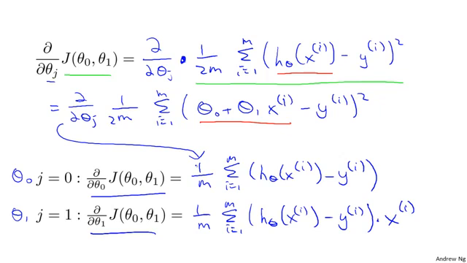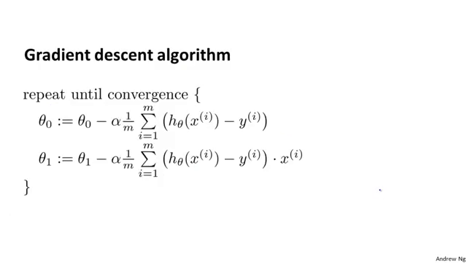But so, armed with these definitions, or armed with what we worked out to be the derivatives, which is really just the slope of the cost function J, we can now plug them back into our gradient descent algorithm. So here's gradient descent for linear regression. We're just going to repeat until convergence. Theta 0 and theta 1 get updated as this thing minus alpha times the derivative term. So this term here,